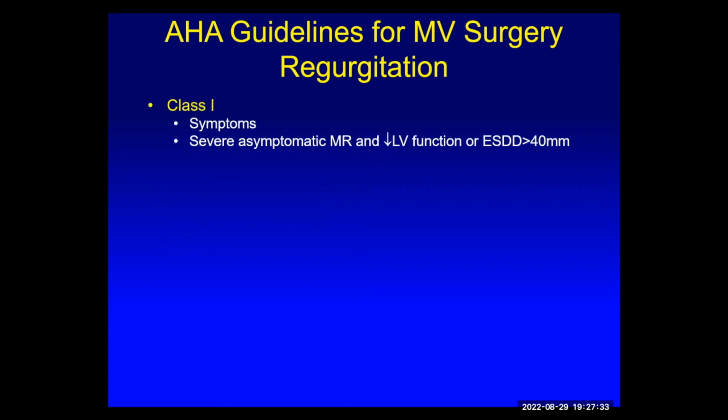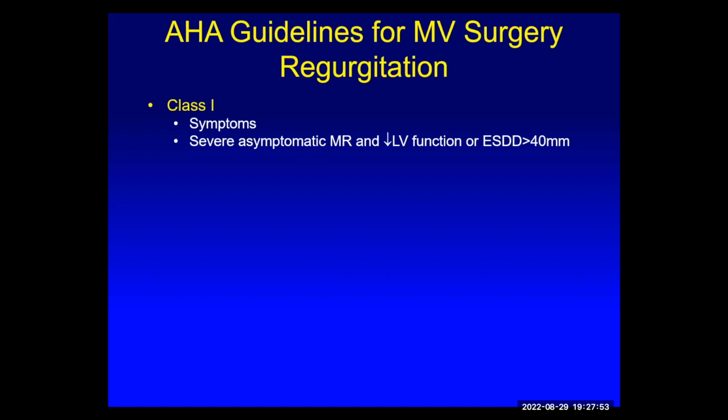Class 1 is where a treatment is definitely indicated. Class 2A is probably indicated. Class 2B possibly and likely indicated. Class 3 not indicated and actually contraindicated. So class 1 means definitely indicated to take somebody for consideration for surgery when they are symptomatic with severe mitral